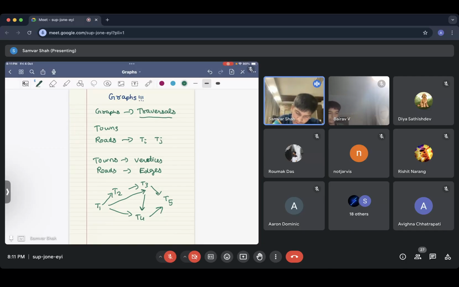The word traversal basically means movement. And the reason we use the word traversal is that certain algorithms, which we will be covering soon, show us how we can move from one vertex to another optimally. When I say optimally, there are many different